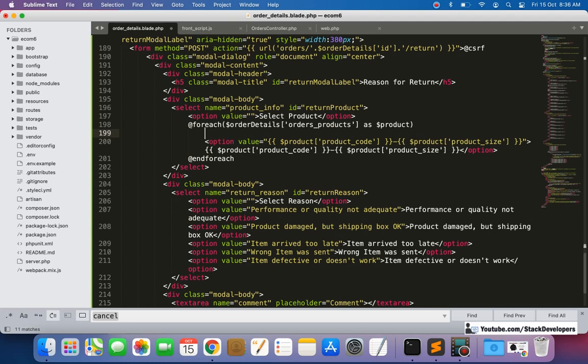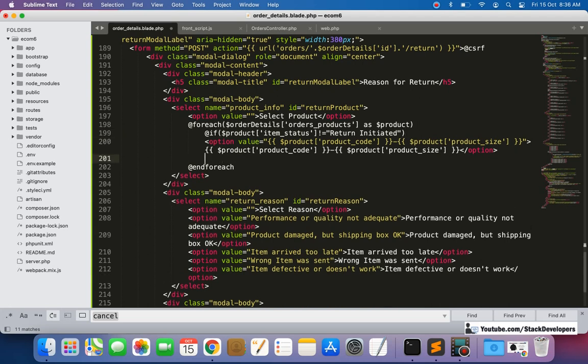Okay, so here we will add one condition: if dollar product, item status, not equal to return initiator.